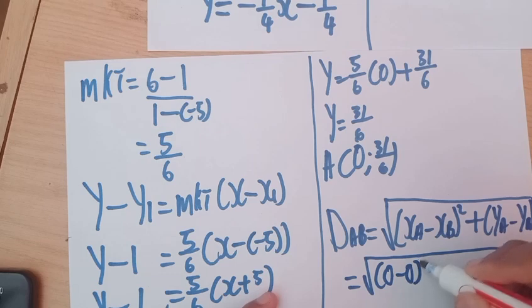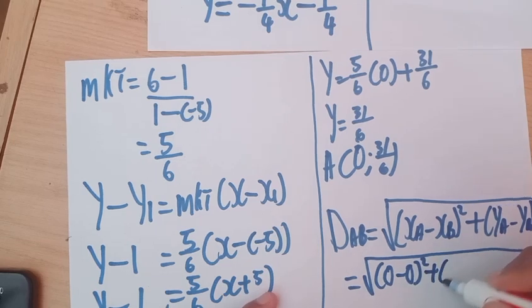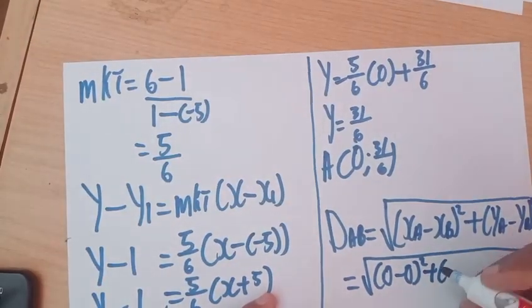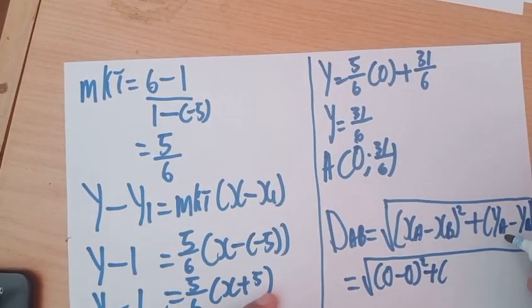Then you get 0 minus 0 squared plus, so our x values here are zeros. And then YA, what is YA? 31 over 6 minus